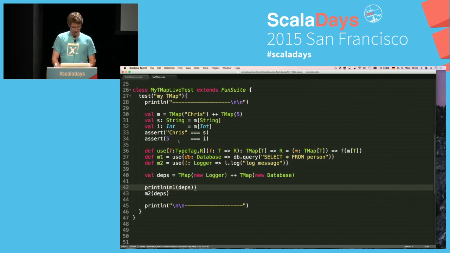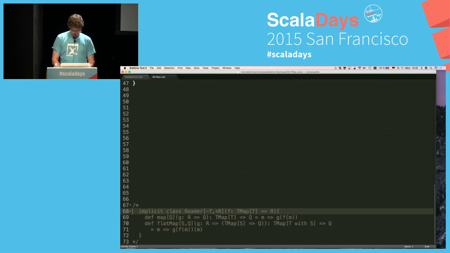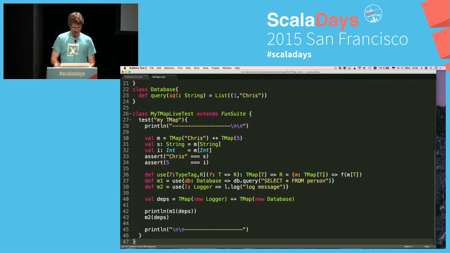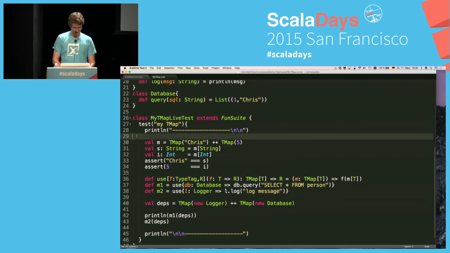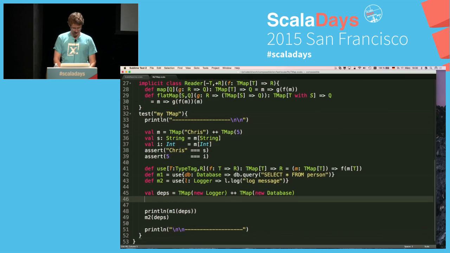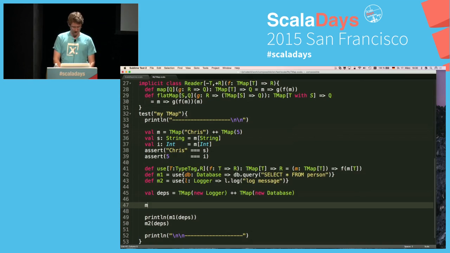Cool. And now we pull the good old reader monad out of the pocket, this one. Or you can take it from Scalaz, which works equally fine. And this just extends functions, in this case even functions from TMap, but it works also if it's not TMap. So the types are slightly nicer if you write TMap here, and makes them composable with for comprehension. So basically what you can do is you can say, I want a new function that does what M1 does and what M2 does and produces some result. And to get this, I just say, hey, for,